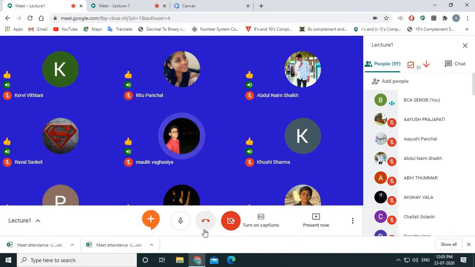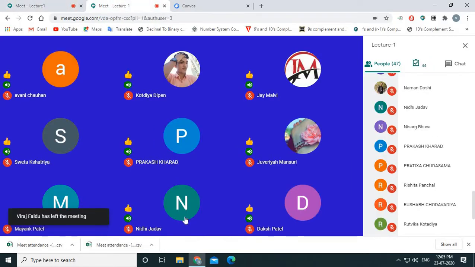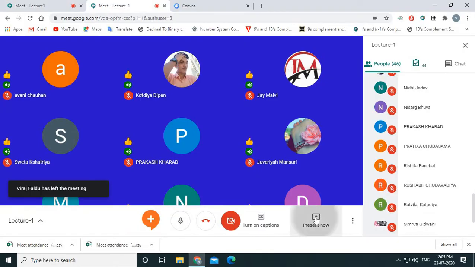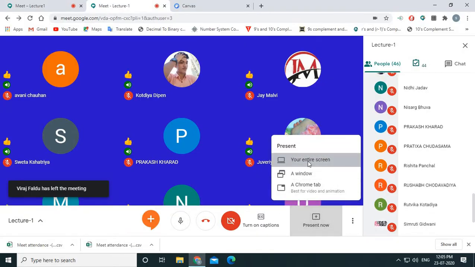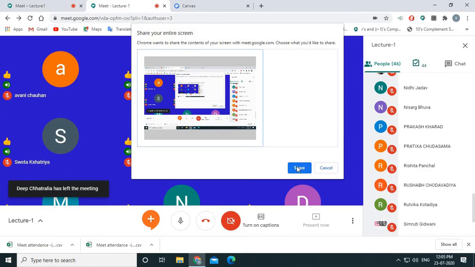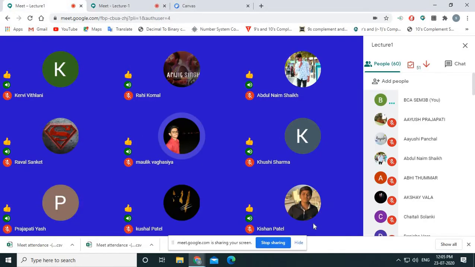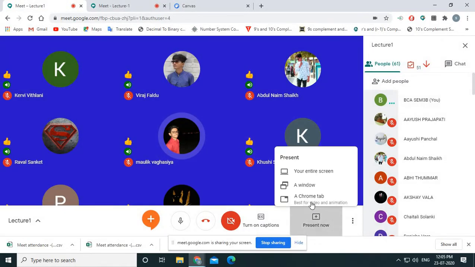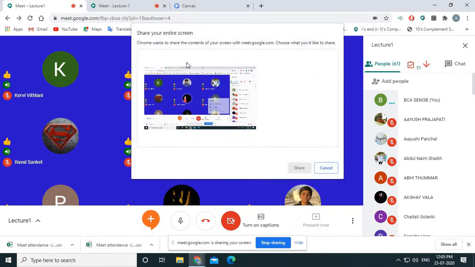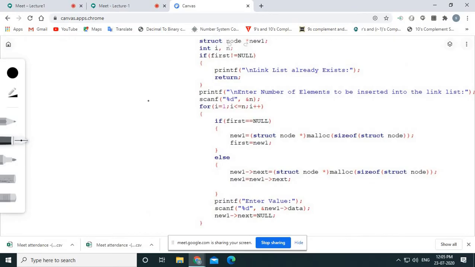Okay, fine. So now I'm sharing my screen so that you can see. Here we have a function which we have already written for creating the linked list.